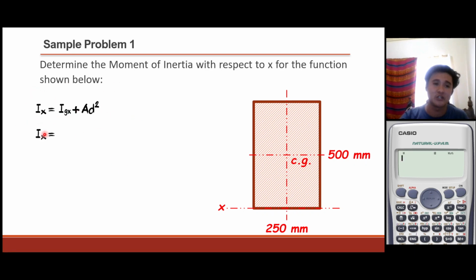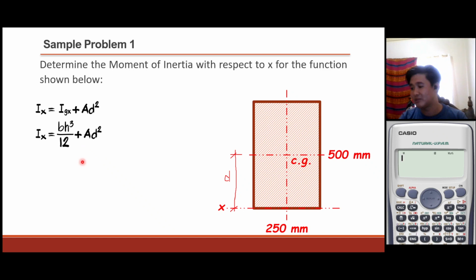Okay, so Ix is equal to Igx plus AD squared. So we have bh cubed over 12. That is the moment of inertia of our cross-section with respect to its centroidal axis, plus AD squared because we transferred the axis. So our D would be the distance of our transferred axis. So D. Okay, that is our equation. All of our variables are given. So let us solve for Ix. We have b, our base, which is 250 millimeters, and h, which is 500 millimeters, all over 12. And then we just add the